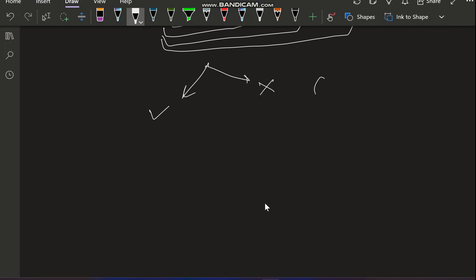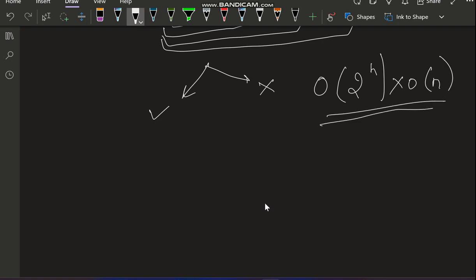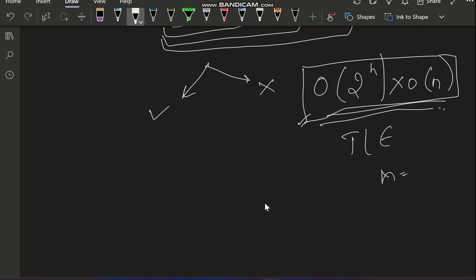So in this way we have exponential time complexity, big O of 2 raised to the power n, and we are also running a for loop inside that, which in the worst case is big O of n. This is very high, and of course we can get TLE. Here we have n cross target.